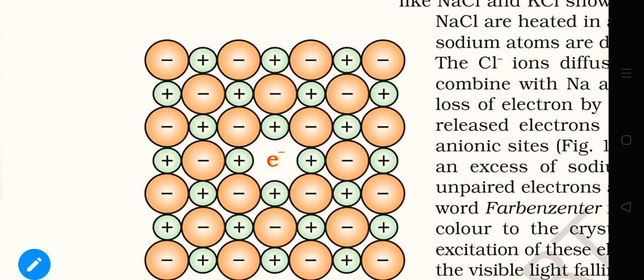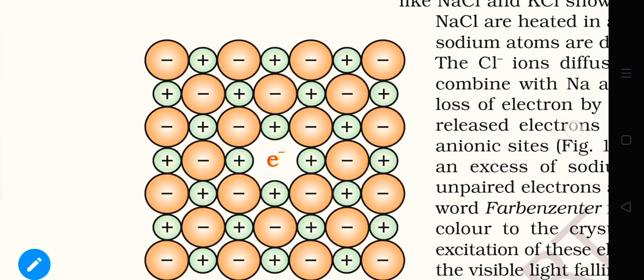Because of these anion vacancies, the metal portion will increase. The total quantity of metal will be more than the total quantity of non-metals or negative ions, but still the total charge is constant. No positive or negative charge will develop. Total positive and total negative charge are exactly the same, and that's why our compound will be neutral. Now these types of vacancies are called F center or Farben center, a German word which represents color center.